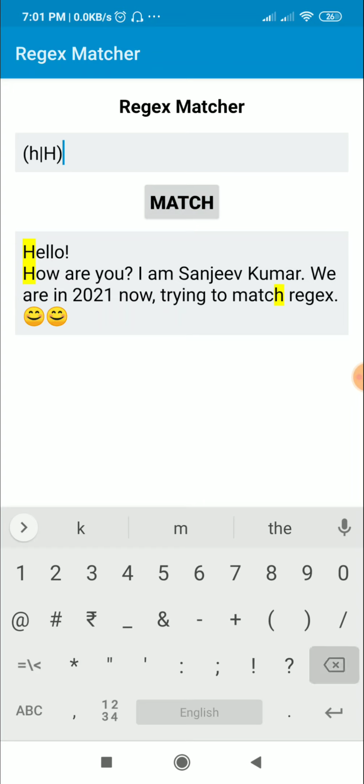And if I have to match all the letters, if I put a dot, it will match everything, all the text.